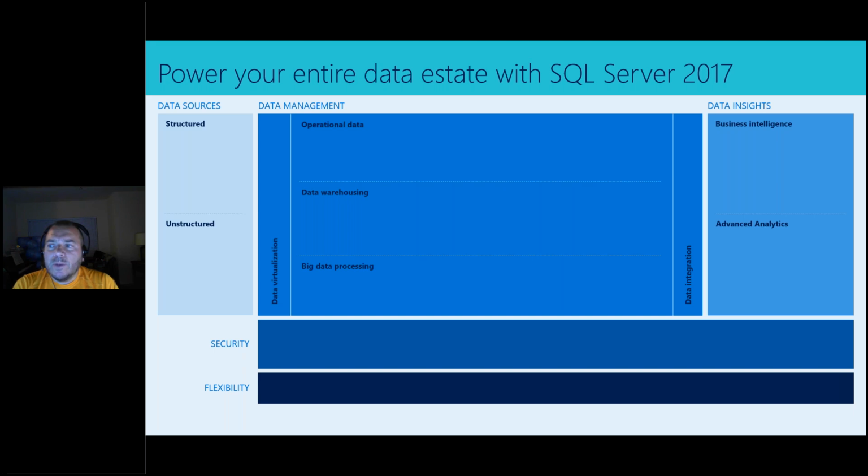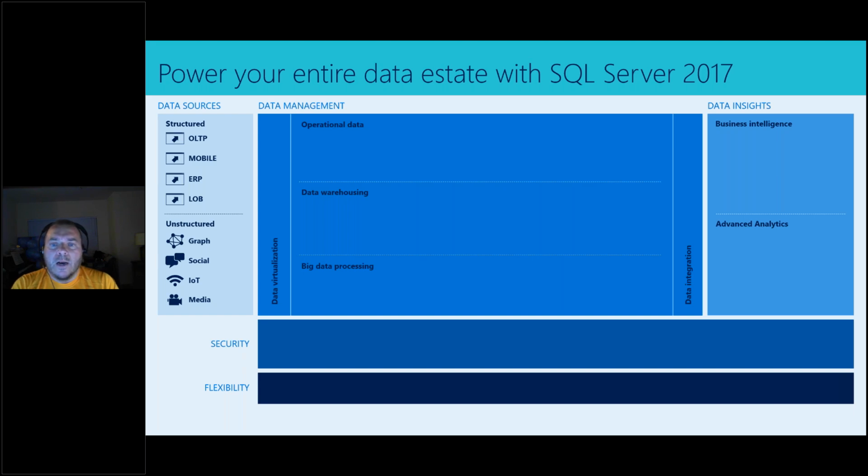So what we mean with a data estate is that first of all, you have all kinds of data sources. You have OLTP type of applications. You have mobile applications. You have your ERP applications, line of business applications. You have all kinds of data, whether it's traditional relational data, graph data, social media data, IoT data, and media data. All this data is very critical for the business today, and there is an ever-growing amount of